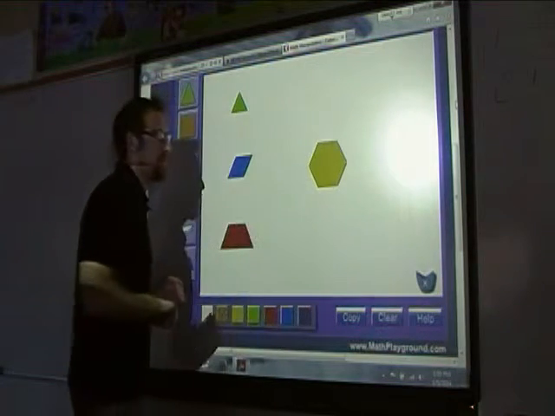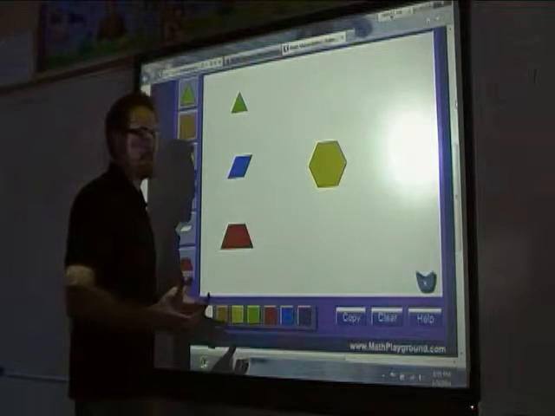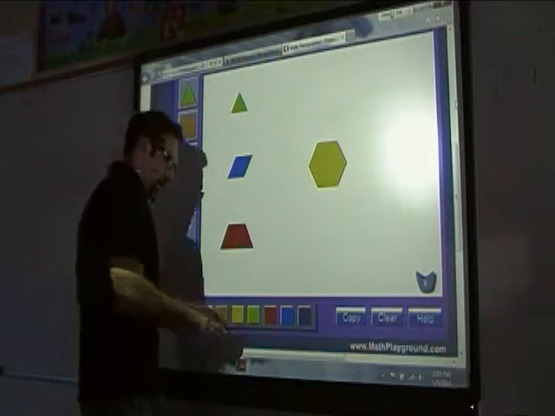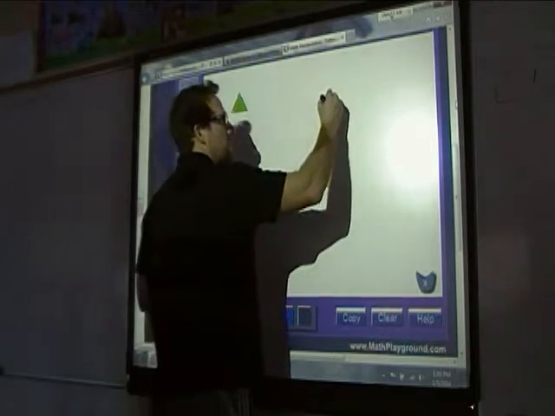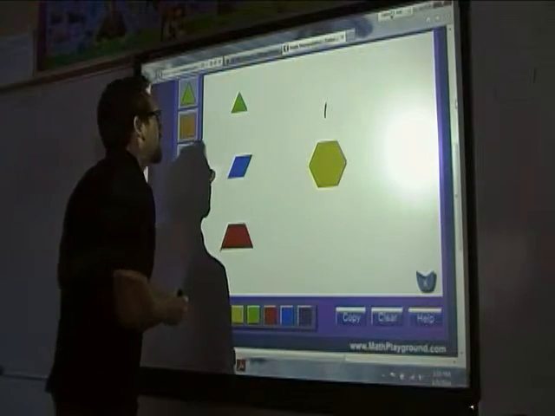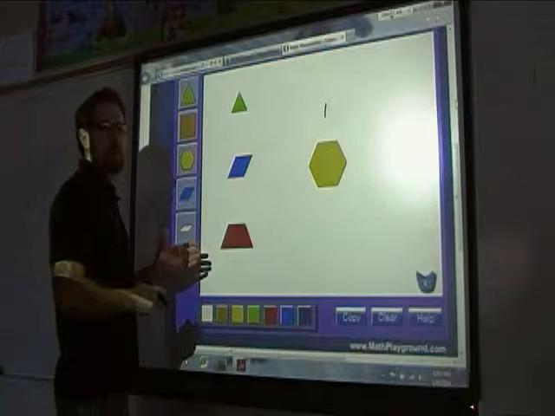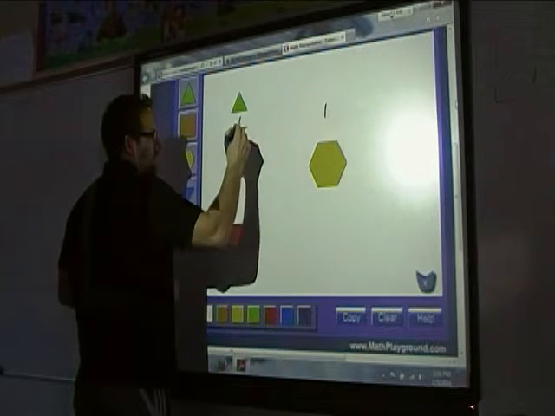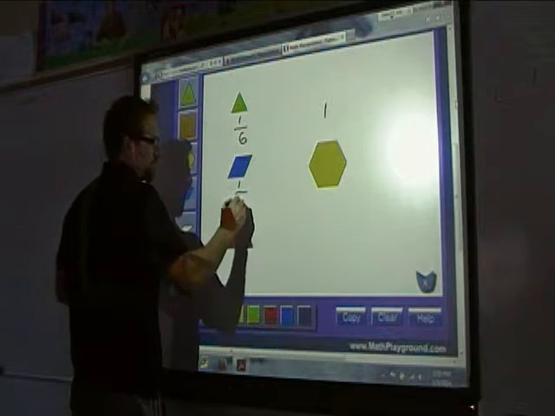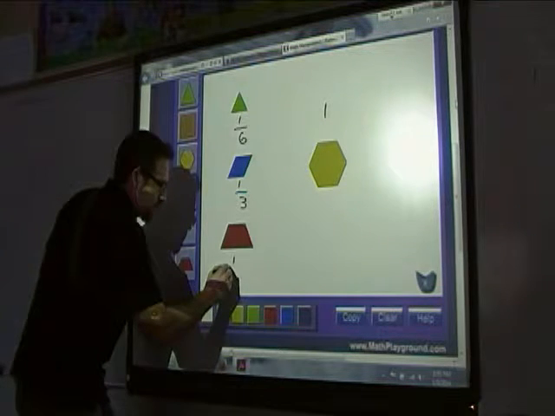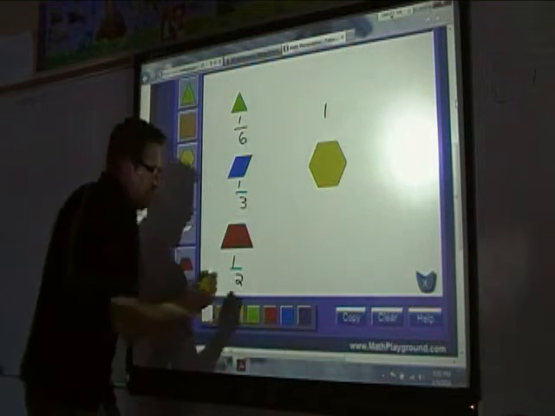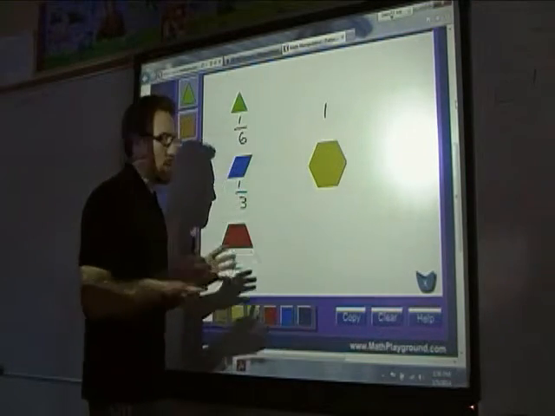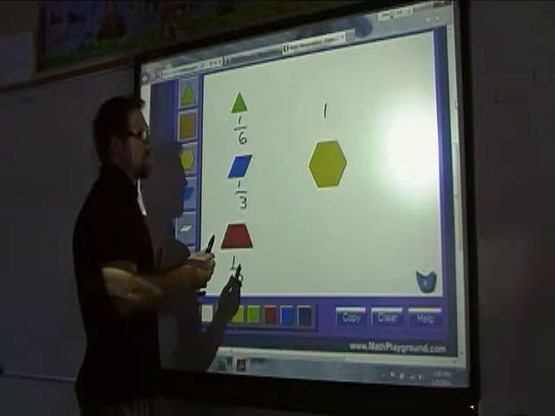They've given this shape, the hexagon, hex meaning 6, okay, 6 sides, 1, 2, 3, 4, 5, 6. They've given the hexagon a value of 1. Okay? These shapes have been given a value of 1/6, 1/3, and 1/2. And they get their value because if you were to chop this whole into pieces, these are the shapes